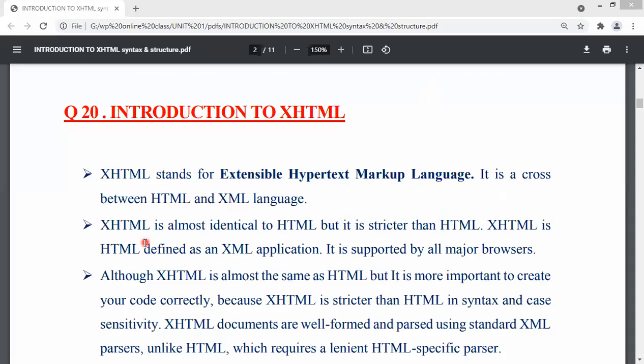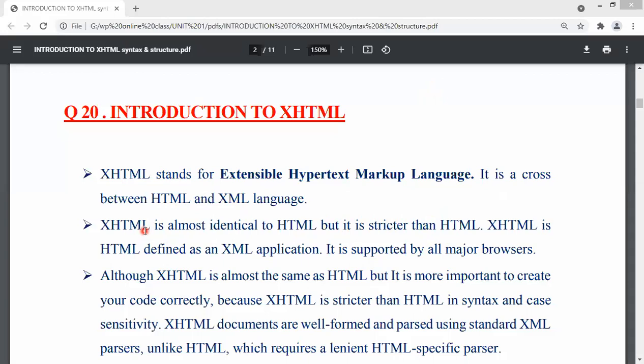XHTML is almost identical to HTML. It is very much the same, right? 90% HTML, but it is stricter than HTML. So there are stricter rules when it comes to XHTML. For example, now I am allowing you to enter the class. I send you a link at 2 o'clock, and as you log in, I admit you into the Zoom meeting.